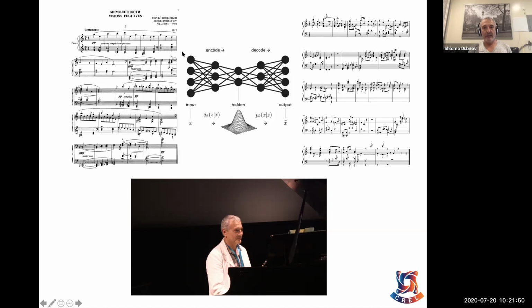use as an input a different set of musical pieces. The motivation was that if you encode a different set of musical pieces here, they will encode the hidden states in a meaningful way over time, because I was encoding every bar separately. So these hidden states will change in a way that is consistent with the input, but of course they will be decoded in the style of this other piece.